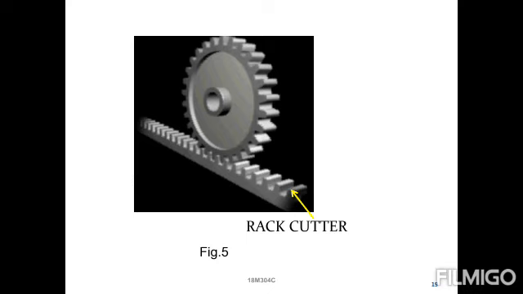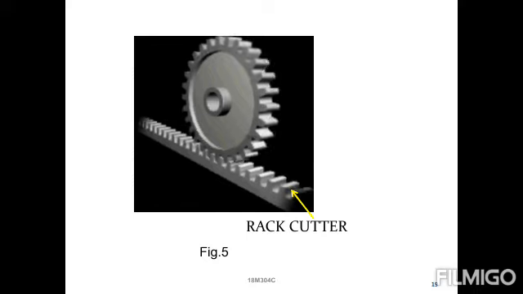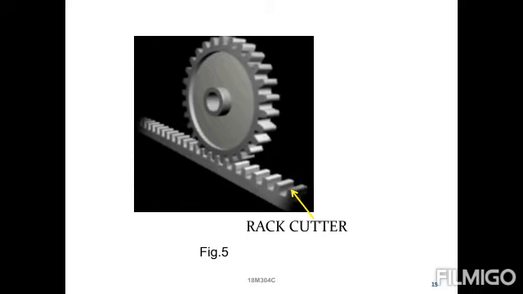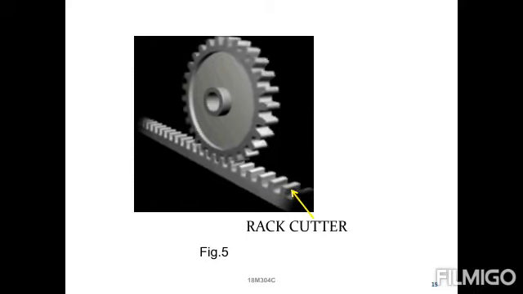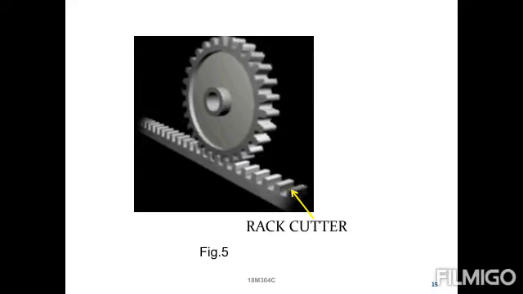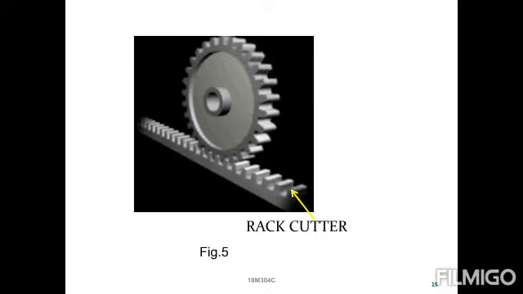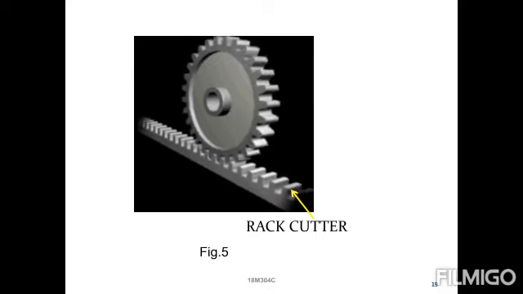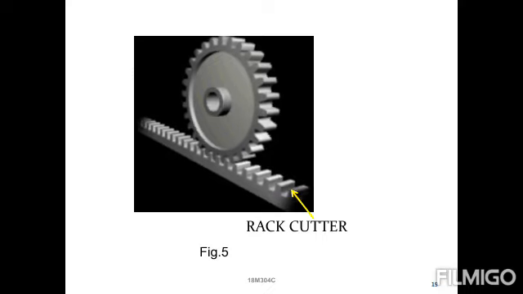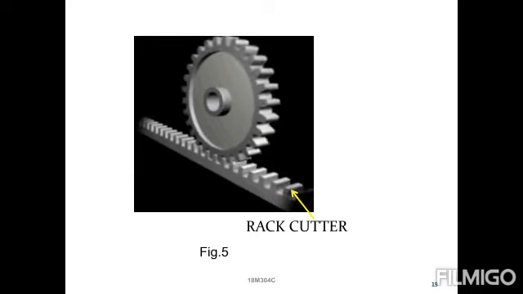It consists of a true involute rack which reciprocates across the face of the blank in correct relation with the longitudinal movement of the cutter. We can observe this in the figure. Here you can observe the rack and pinion. The rack is the long-length piece and the pinion is the round circular object. Both are in contact one by one, and the rack acts as the cutter.